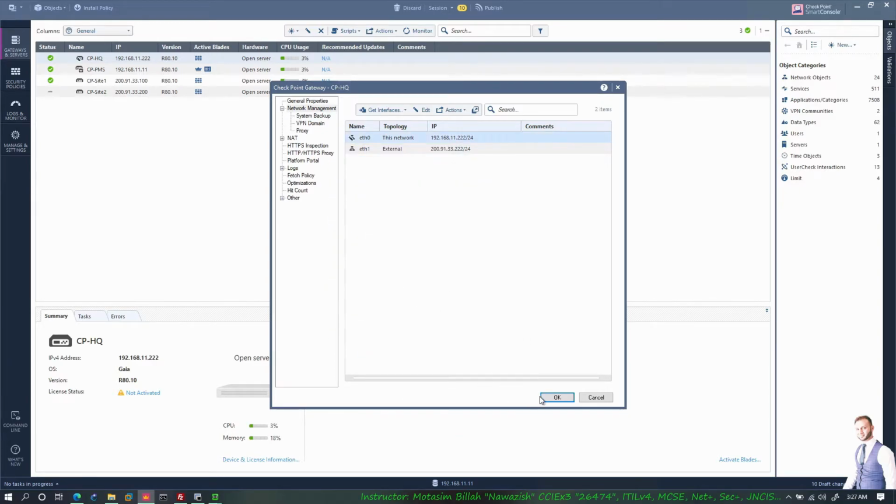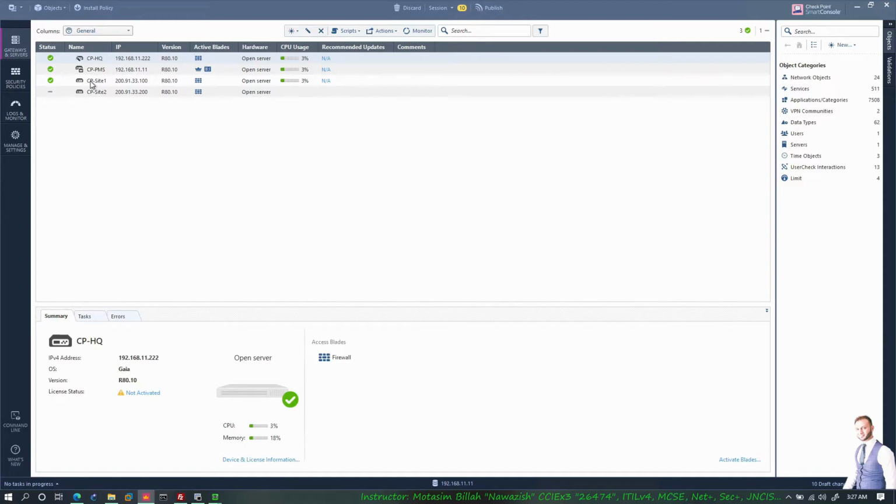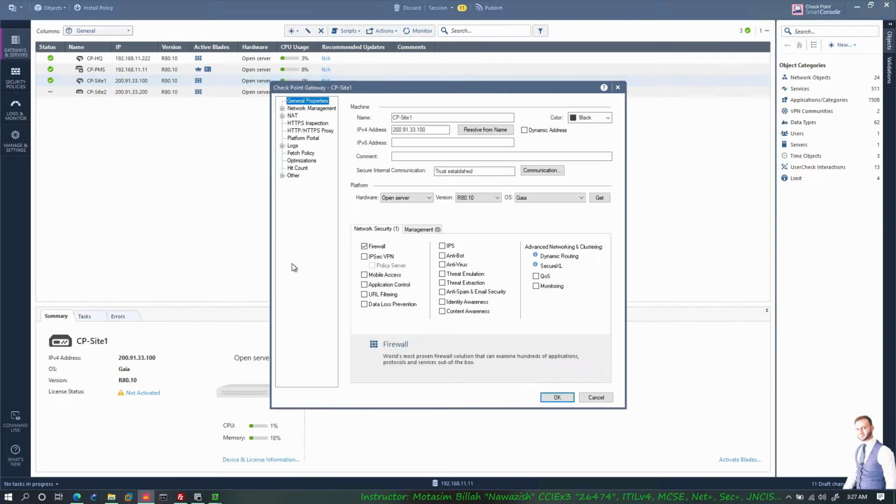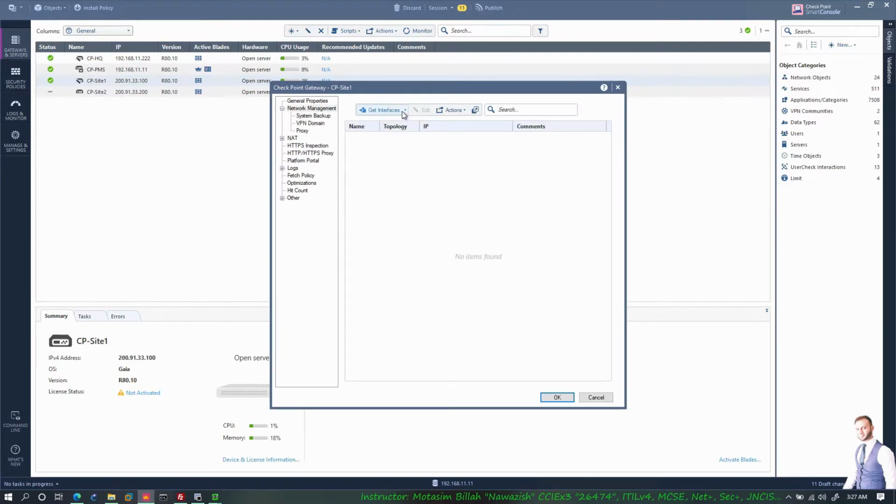OK, and OK. I'll do the same for site 1 and site 2. So edit site 1 network. I'll pull all the interfaces with the topology,